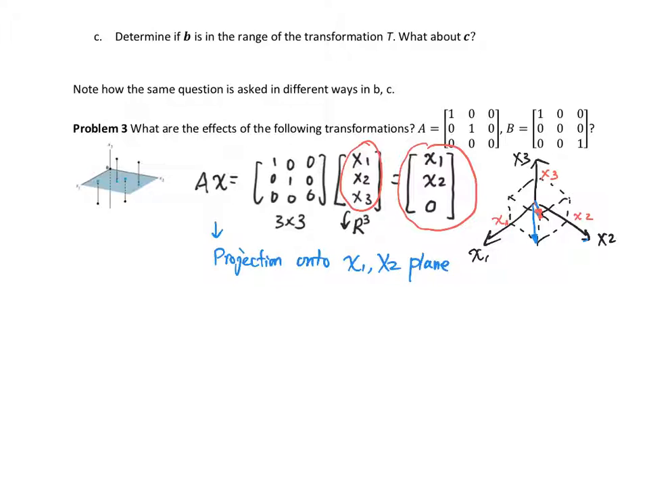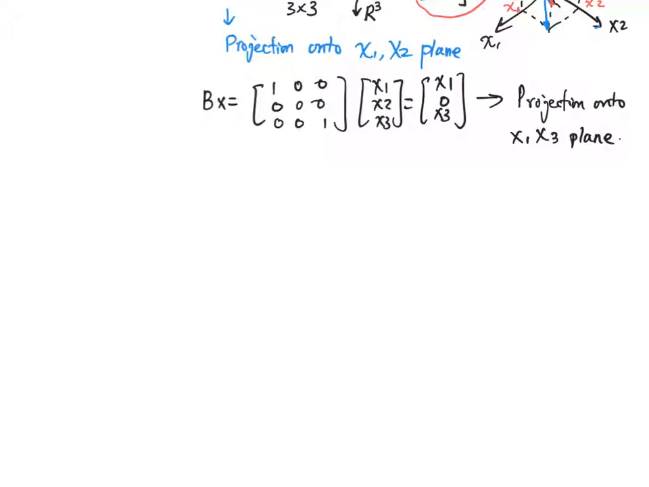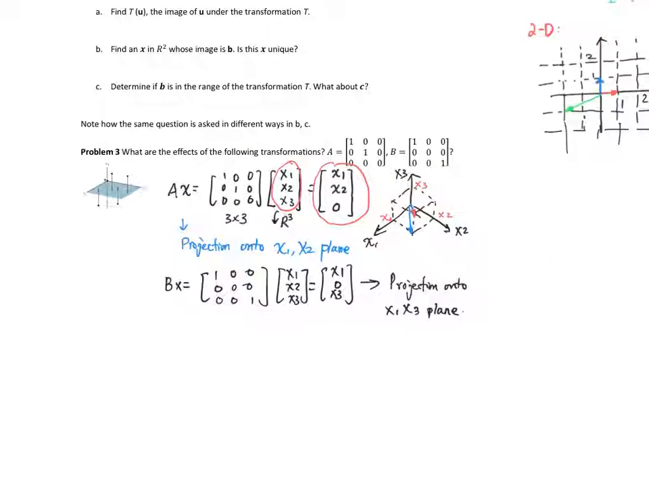Now take a look at the matrix B. If you do the algebra here, Bx, with x1, x2, x3, you get x1, 0, and x3. So similarly, it's just a projection onto the x1, x3 plane. Okay, so you can see what the matrix does now. So this is the first example. Let's take